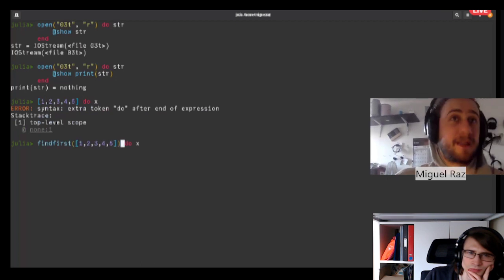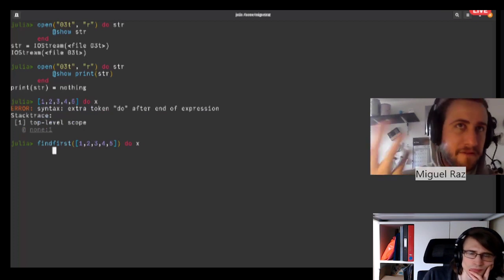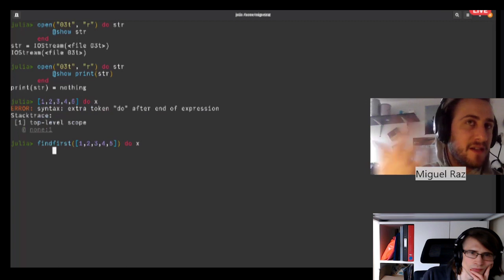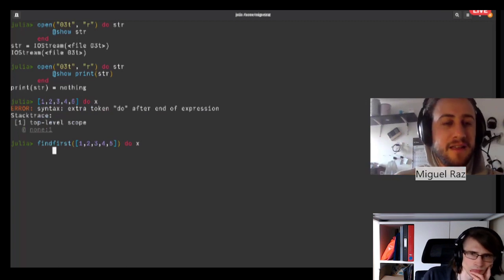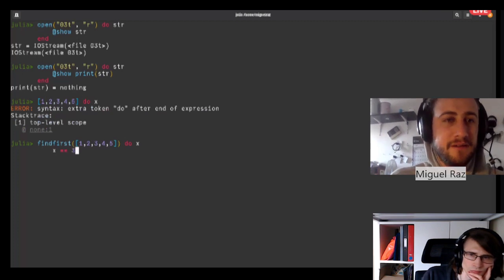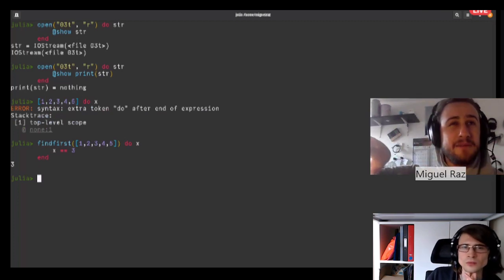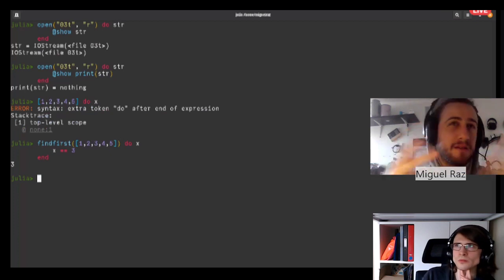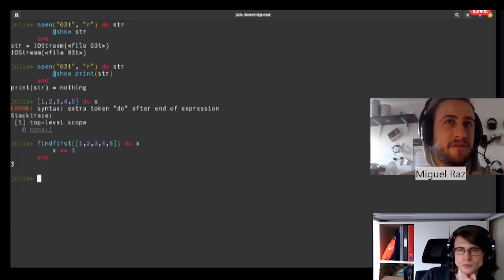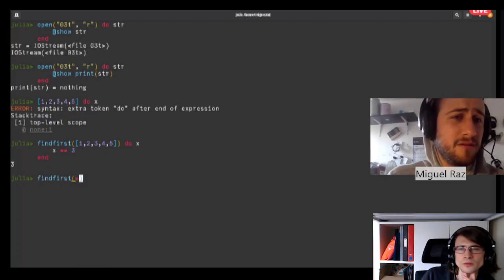So if you want to start doing functional stuff in Julia, you can get really far. The find first function, you would pass it a lambda or an anonymous function, and then I would say, hey, if x, let's say x is equal to 3, right? Then it would return the 3. So you're sort of delaying applying the lambda with this function. You can do a multi-line lambda, and do functions are very handy for that. But let's say that you didn't want to do that. You can just curry the